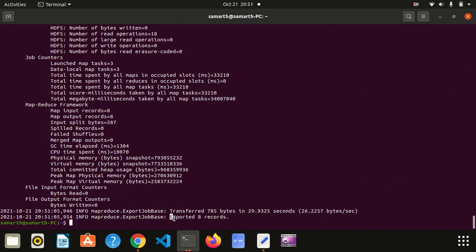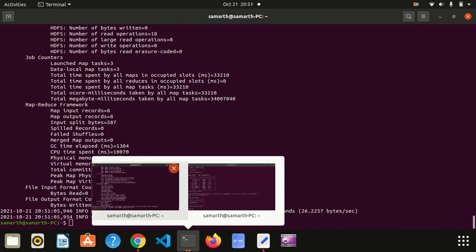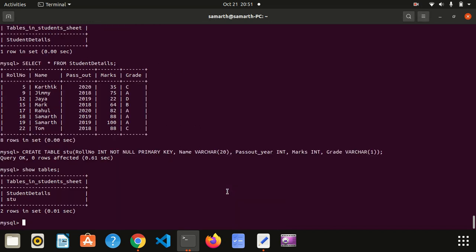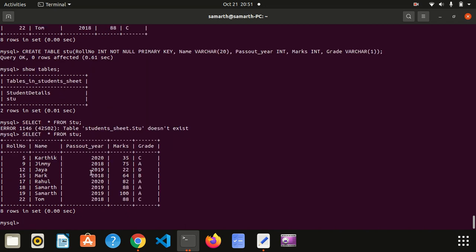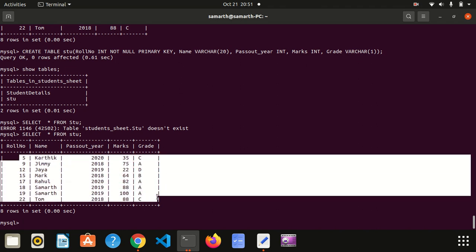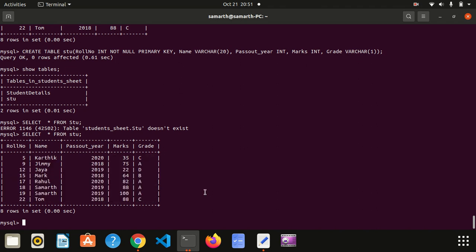See, exported 8 records. Now you can go and check it in your MySQL. Okay, this is capital, this is small. You can see the records have been exported successfully.